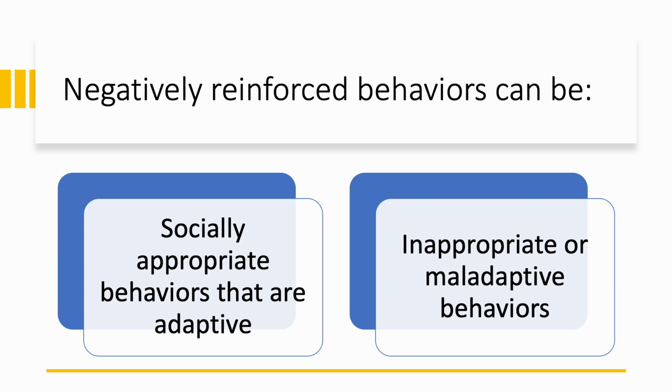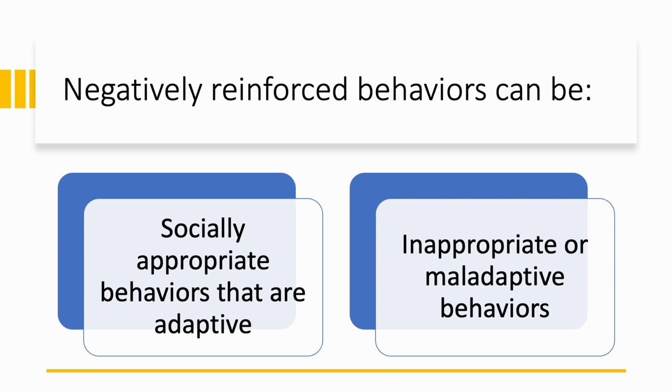Or you could teach them to request escape. Maybe if they're in a classroom, they could say, I don't want to be here right now, or I need a break. You could teach them to talk to another adult about something that happened. There are different behaviors that we could teach this individual that would allow them to access that same reinforcer,